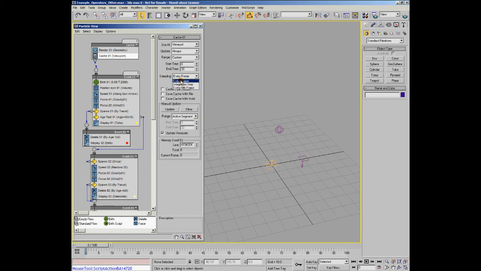The last option is less accurate than every frame. You have the option of caching every fifth frame, and obviously that's a sort of workaround for when you're using too much memory, and you really do have to have some kind of cache that will just cache every fifth frame, every fourth frame, whatever interval it is that you want to cache. And obviously when you click on play in the viewport, it will work out the frames in between,